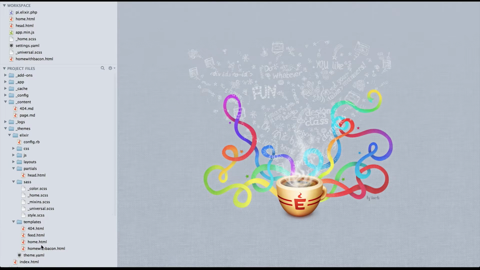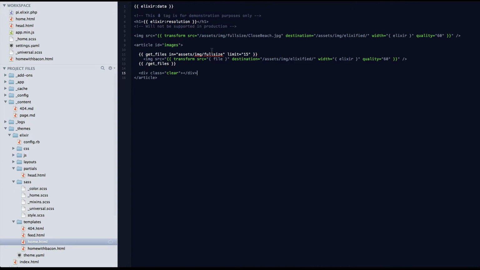Let's go ahead and take a look at that real quick. What you can see in here is I've got a list of images that are getting pulled in by the get file tag, as well as this kind of hero image up at the top. And the only tag you've really got is this width tag right here, and then the data tag. Those are the only two required tags. So, I mean, it works. Like this piece right here, there's nothing more that you need. It's just the data tag